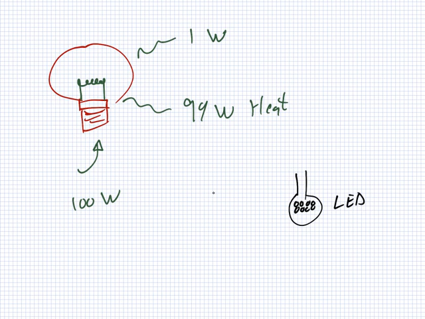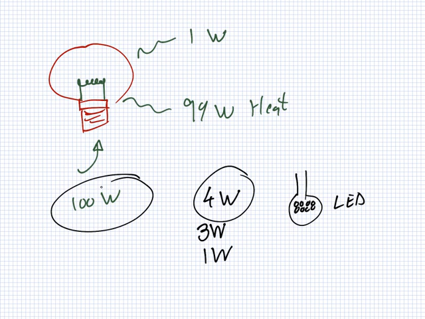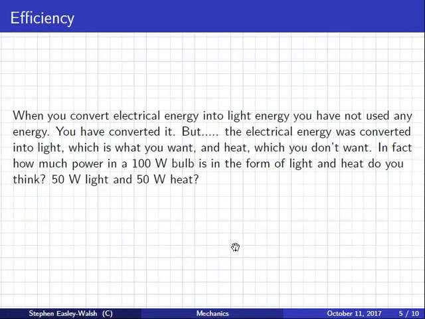The ones I had, they use 4 watts. And I would guess, although I'm not sure, of the 4 watts, most of it's actually light. I'd say it's maybe 3 watts light, 1 watt heat. So that's a big difference. The total is much less. And instead of being 1% useful, it's 75% useful. So this gives us our next idea, which is what we call